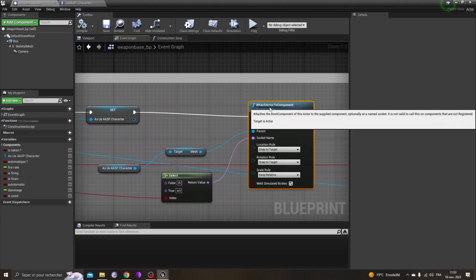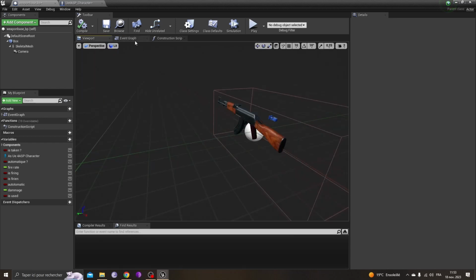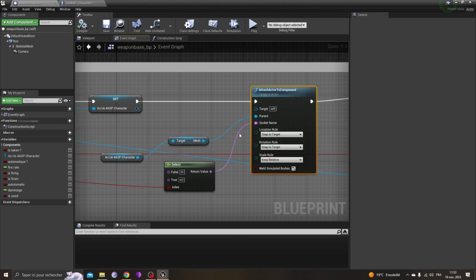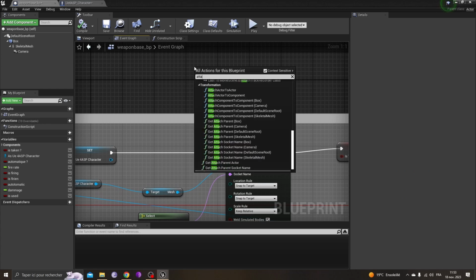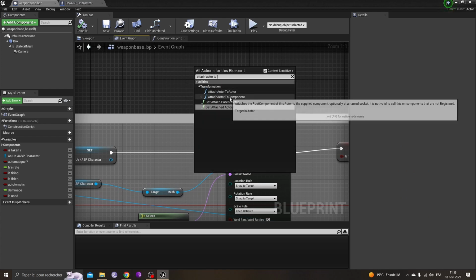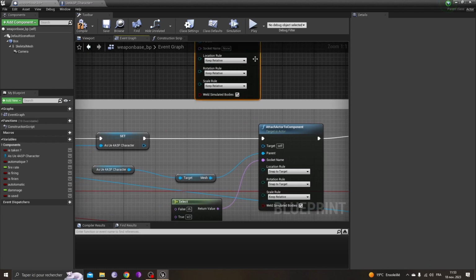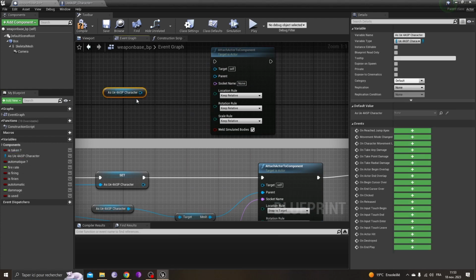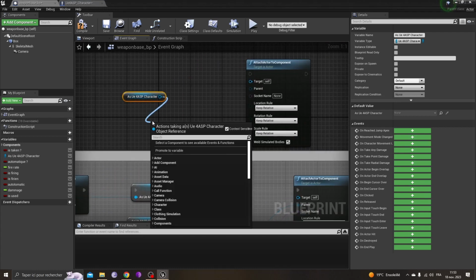Okay. Next, guys, once the weapon base, sorry, the weapon actor is overlapped, we need to attach the actor, which is the weapon, to our character. So how do we do this? We use the node Attach Actor To Component, guys. We use the component, okay? And then for the parent, we drag our character blueprint that we have just saved in our variable here,